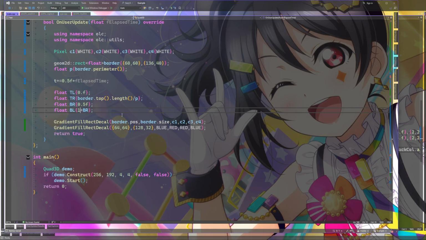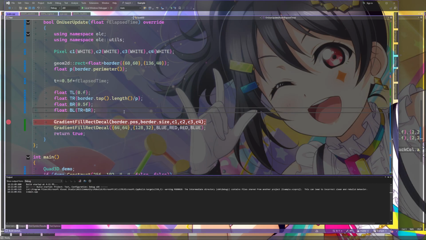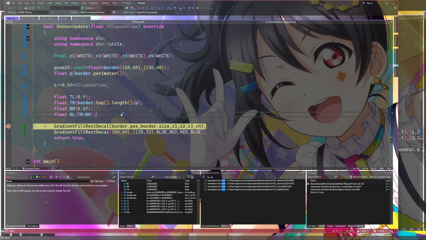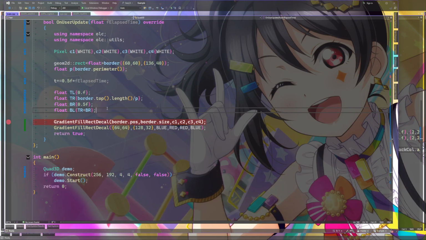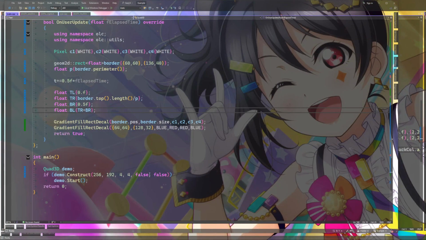Or no, not 1 plus. Top right plus bottom right? That sounds correct. Because the length of the top should be the same as the length of the bottom. And you already know what right is, because right starts at 0.5. Yes, so that is correct. Okay, cool. So we can derive all that from just knowing what the top length is. Pretty chill, just making progress where I can.